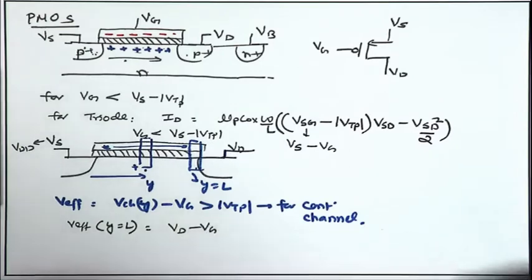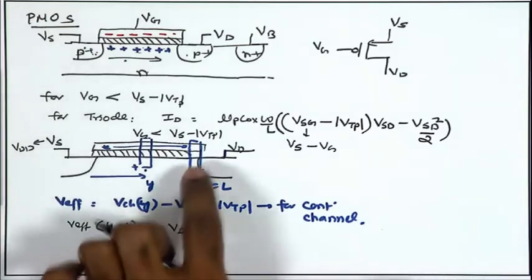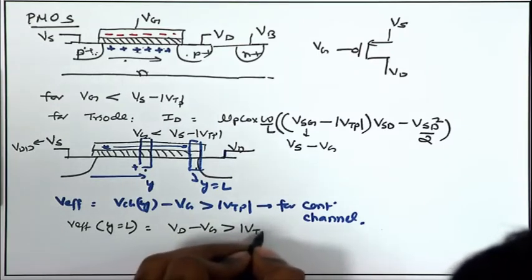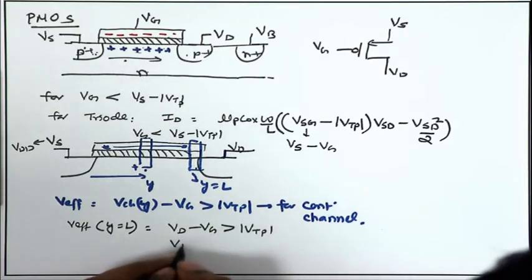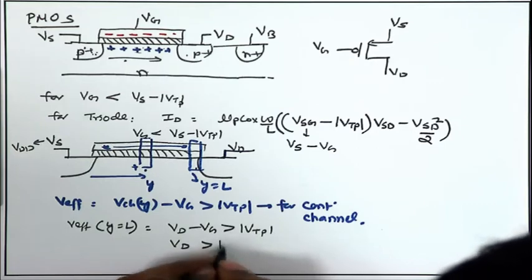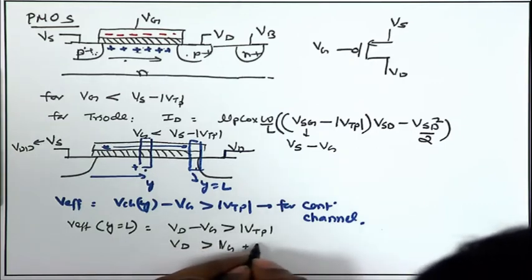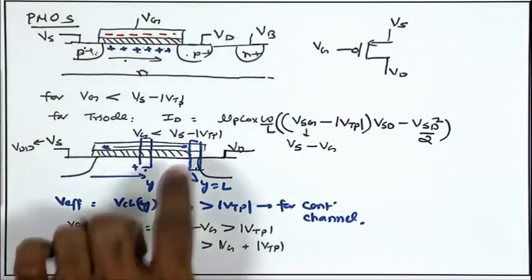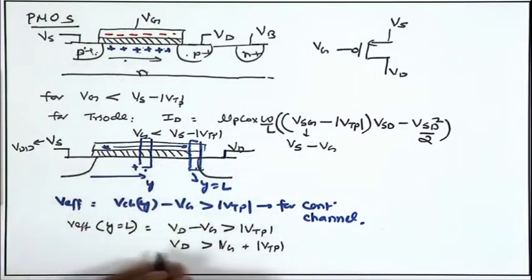So, Vd minus Vg, and in order for the channel to be present here, this potential Vd minus Vg must be greater than mod Vtp, or in other words Vd should be greater than Vg plus mod Vtp. So, as long as this condition is satisfied, the channel will be continuous, but the moment Vd falls lower than Vg plus